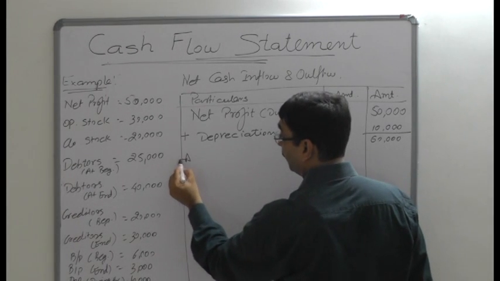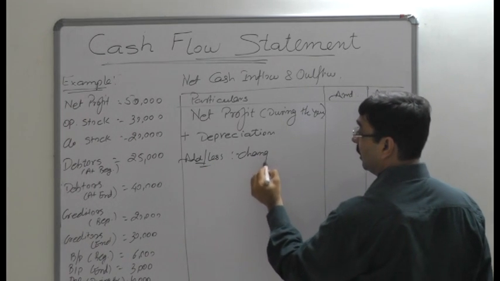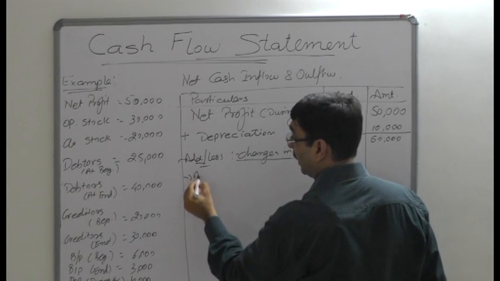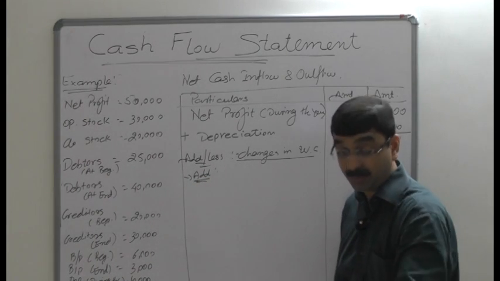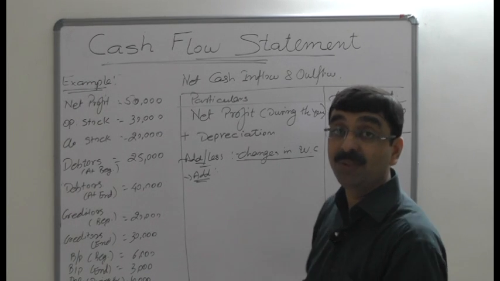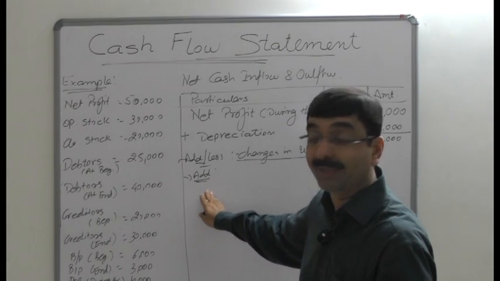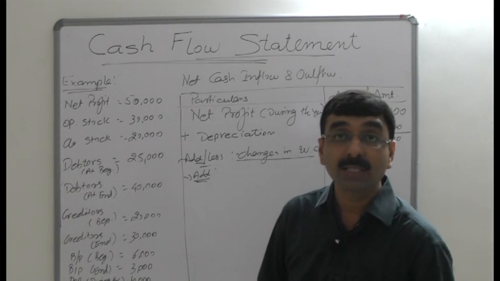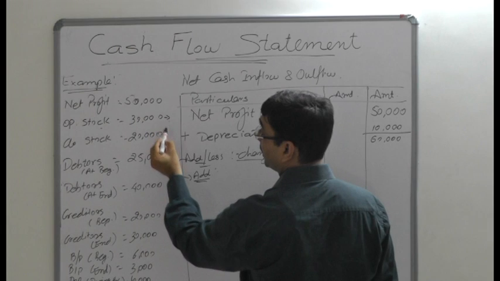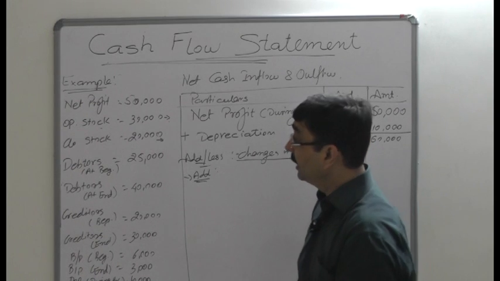Now we will add and deduct the changes in working capital. Let's begin with the addition. As we already discussed in the previous part, whatever the changes in assets and liabilities, we identify the items to be added on the basis of a certain formula. Let's see the stock. Here the changes in the stock: the opening stock at the beginning is 30,000 rupees, and at the end the stock is rupees 20,000. As I already told you, in case of